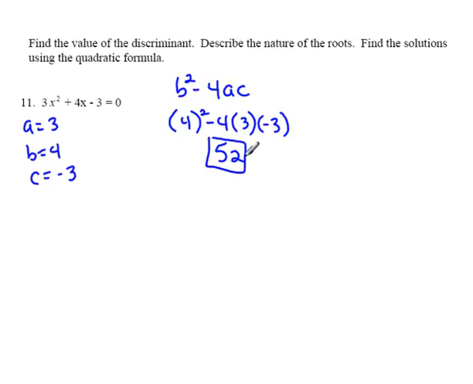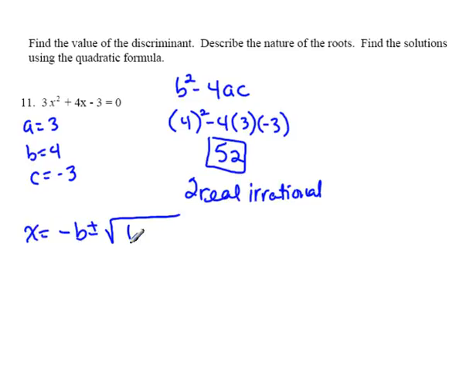Okay, that is also positive, so once again we have two real solutions because 52 is not a perfect square. We have irrational solutions. Okay, so we found the value of the discriminant, you found the nature of the roots, we now just need to solve. So the quadratic formula,